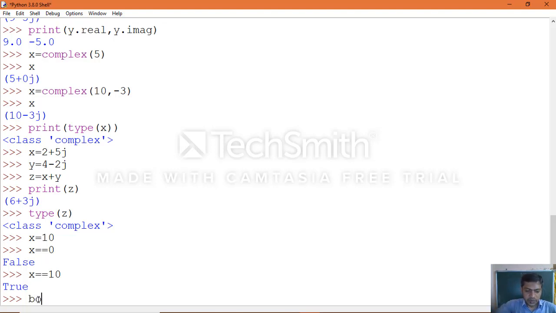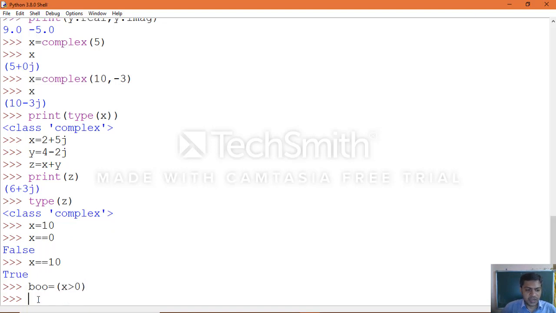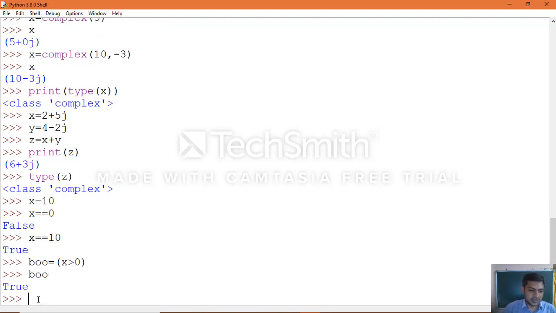Boolean equal to, in the same manner you can assign x value 10, which we assign, greater than 0. Let's see what happens. Until you print the variable, you will not get the result, either true or false. Yes, true. So 10 is greater than 0, which is true, which you can see clearly.